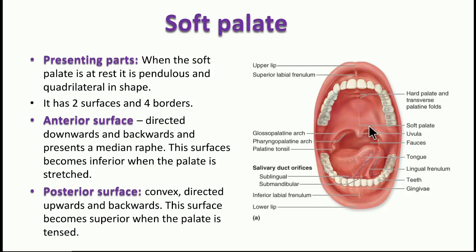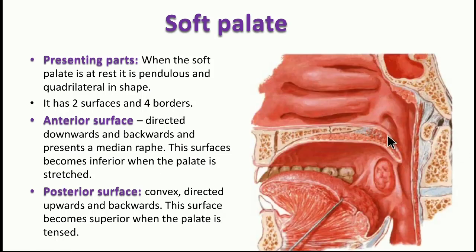Now, this surface is actually concave anteriorly, whereas the posterior surface is convex. So, you saw the concave anterior surface. The posterior surface is actually convex, and when the palate is stretched, this will become somewhat superior. Not exactly; it won't become exactly like a horizontal line, but it slopes to some extent to actually close this pharyngeal isthmus. So, anterior surface, and then what you see is the posterior surface.